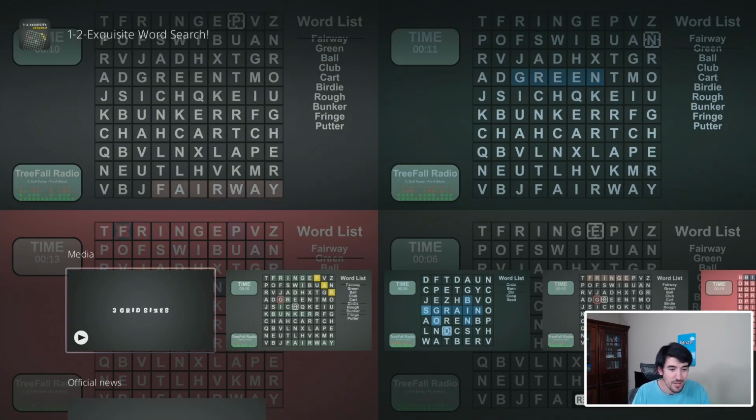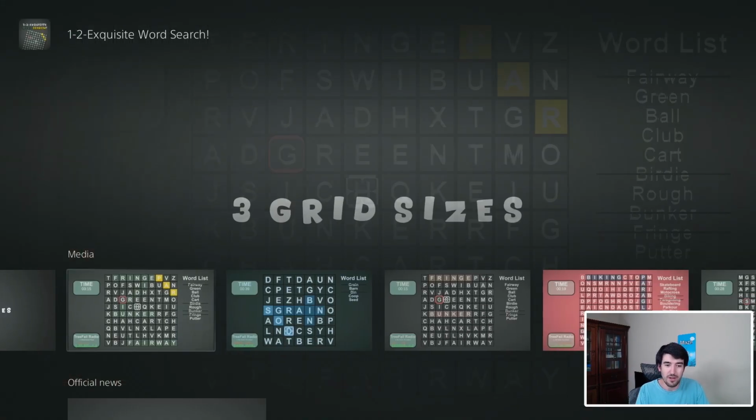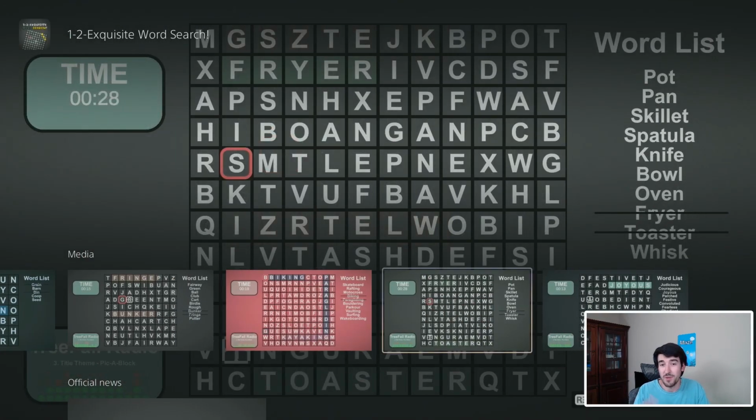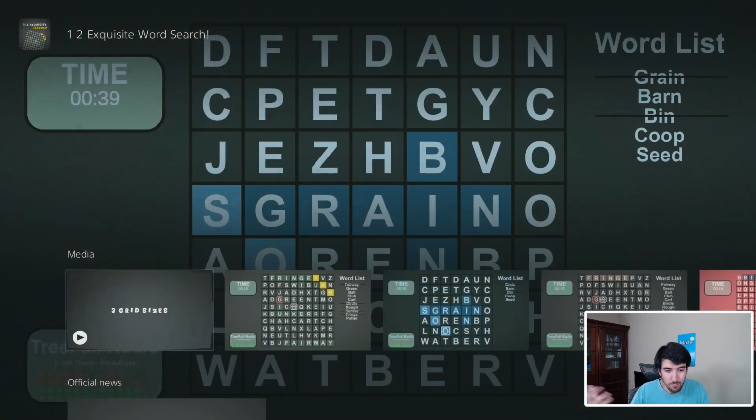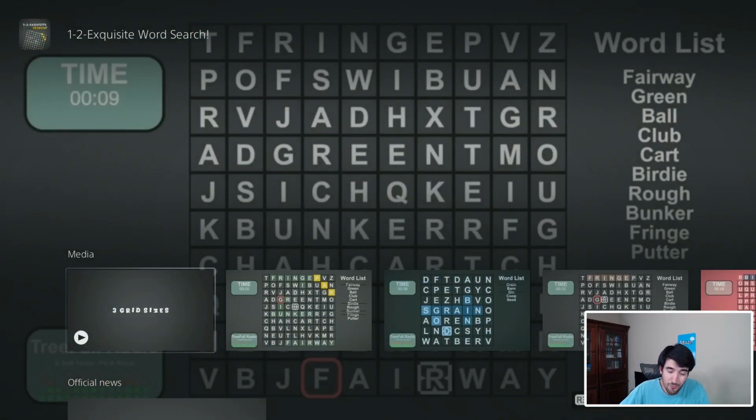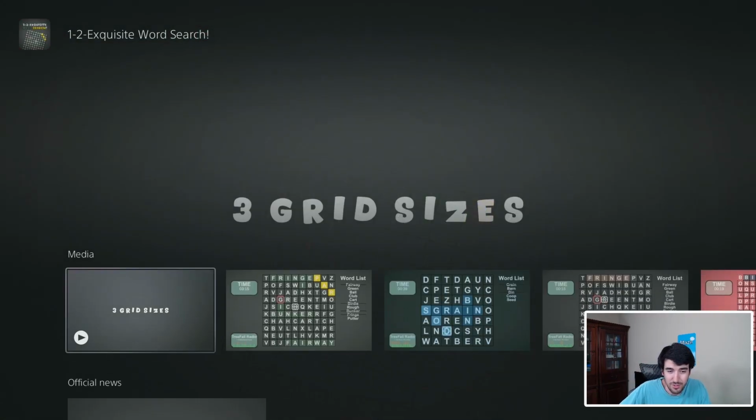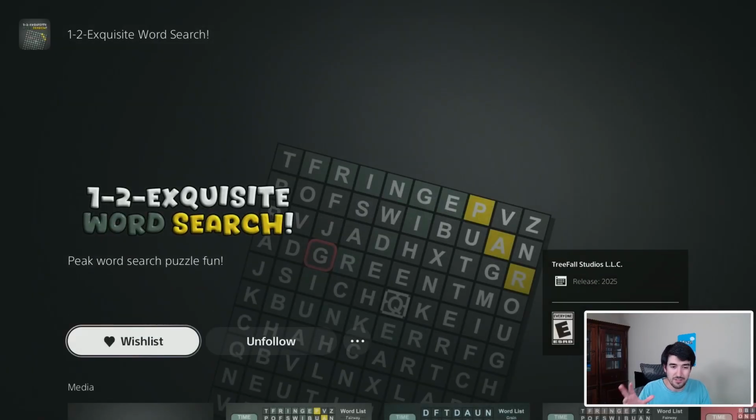So you can see we got my trailer playing right here, and you can scroll through. Here's my screenshots of my beautiful word search game. Where there's a plug, it comes out on October 14th. You guys can pick this up on PlayStation. So let's jump right in. So you can see